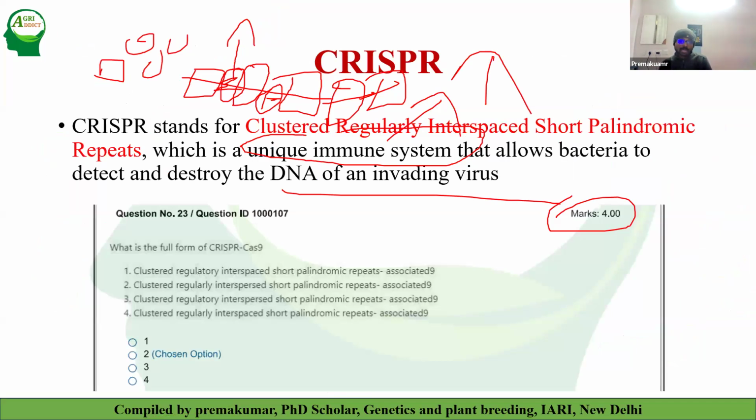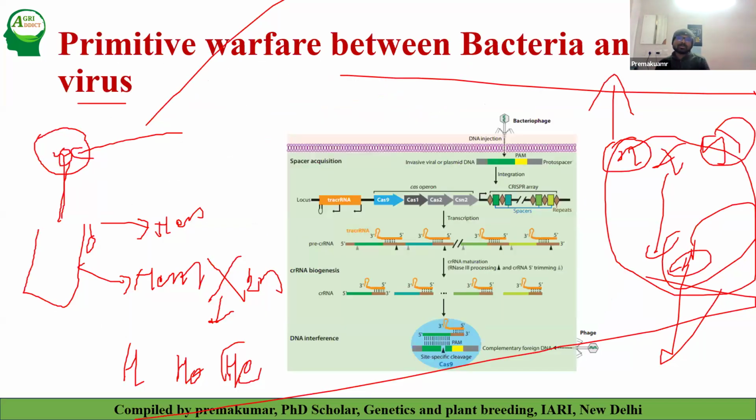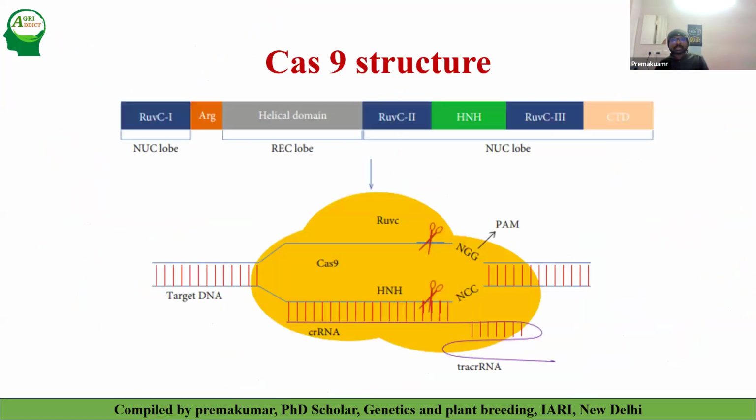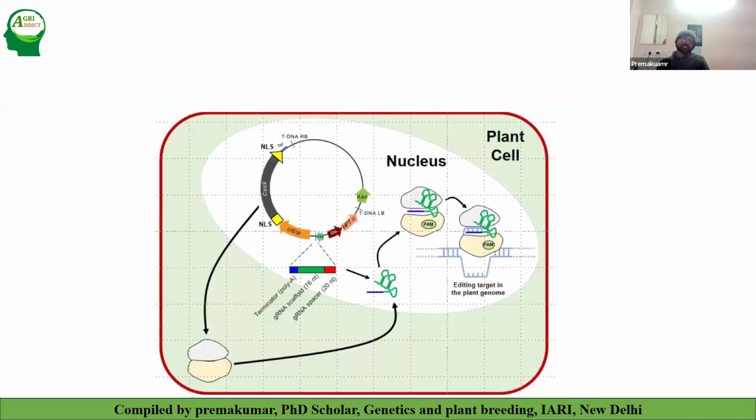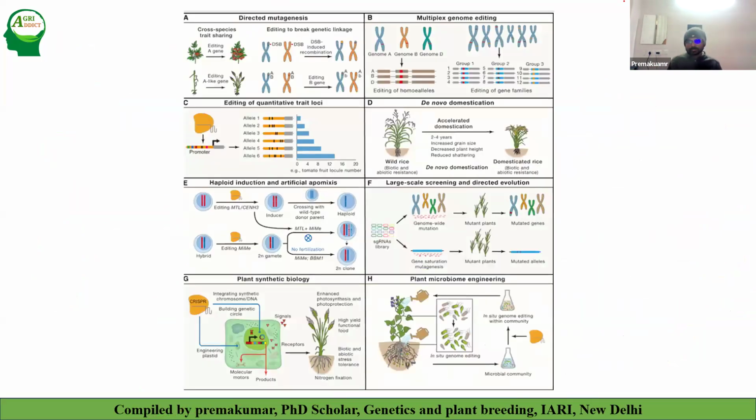And what is CRISPR-Cas13? Now we can edit RNA also, because here we are editing DNA by RNA, but we can edit RNA by RNA. Recently, I think one paper came. We will discuss that paper also. So we will discuss the different advantages of genome editing, what is multiplex editing, and what is prime editing. Then we will wind up the